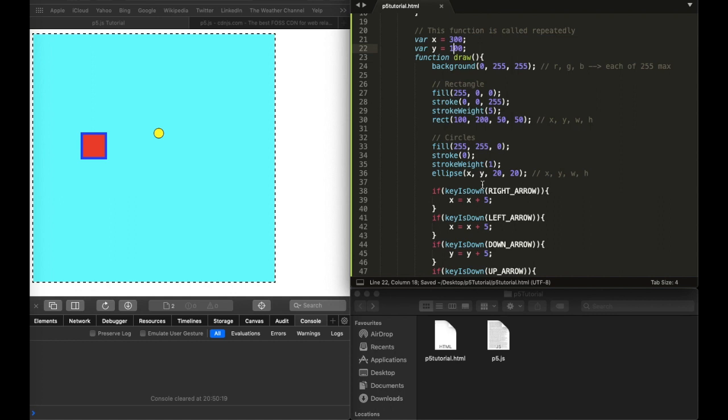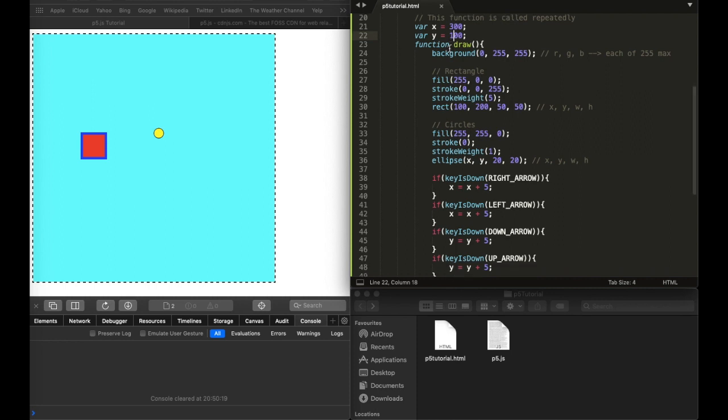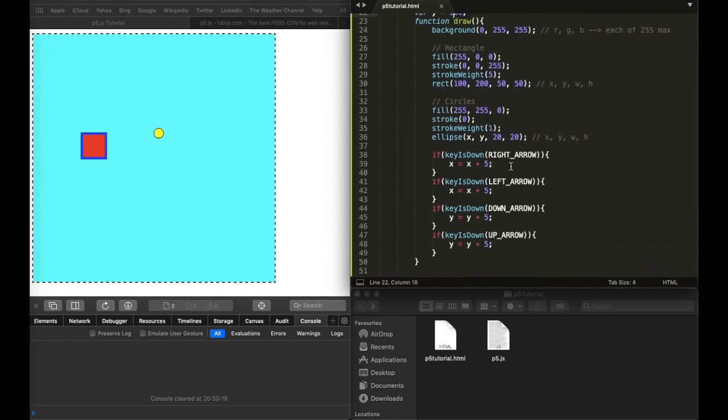Okay, so right now the x position of the ellipse is 300 and the y position is 100. And every time we click right, the x position of the ellipse increases by 5 pixels, and every time we click left, the x position decreases by, sorry, oh wait, what? Yeah, it should be the opposite, right? Yeah, that's fine. So every time we click left,